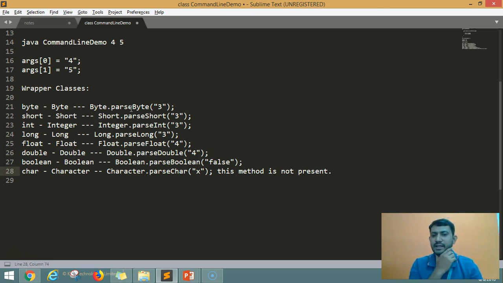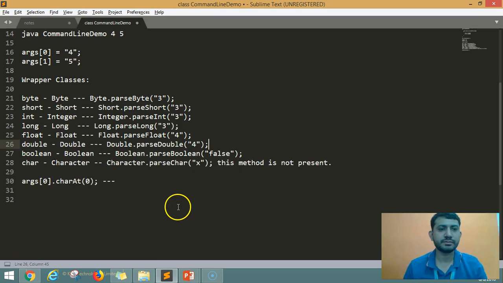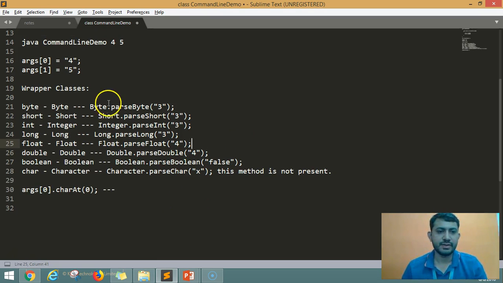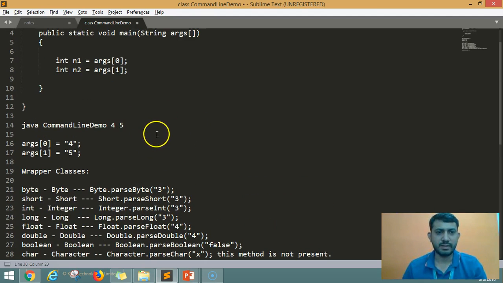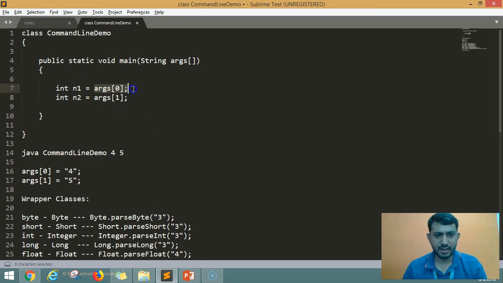In order to get a character, we can use args[0].charAt(0). This way you can get a character out of that string. These are the methods we can use in order to convert our string values into the respective data types. Coming back to this example, I cannot just write it this way because I'm assigning a string value to an integer, and that is not allowed in Java. So I need to use